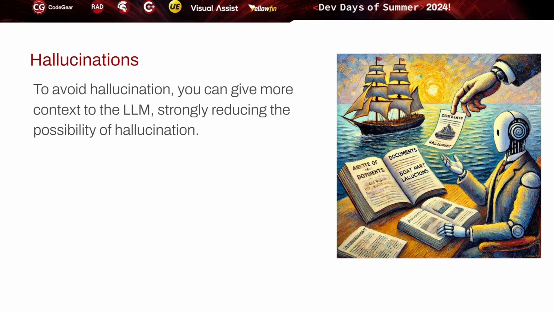But what we can do to avoid and reduce a lot of hallucinations is to provide context to the LLMs. Okay, so by providing the right context to the LLM, we can strongly reduce the possibility of hallucinations. And how can we do that?